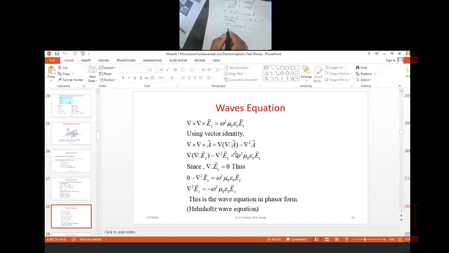Okay. Del square E. We have a del square E, and this is about a term del dot E. So del dot E is nothing but del dot D. Del dot D is equal to 0. This term gets 0 here. So only we have a minus del square E and this j omega mu 0 and this del cross H.